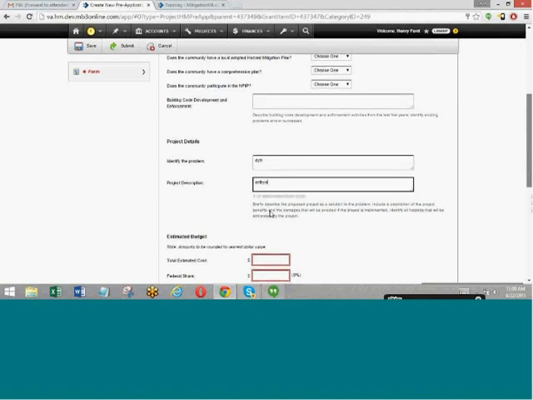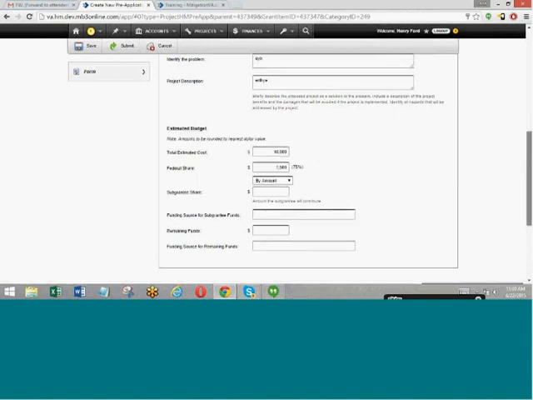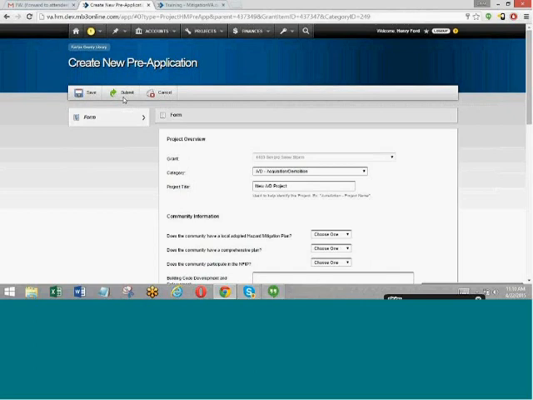You give an estimated budget. Let's say this is going to be a $100,000 project. We're expecting the federal share to be 75%, etc. You could fill in all of the other information, and then you just hit the submit button.